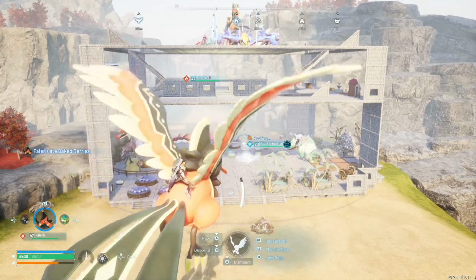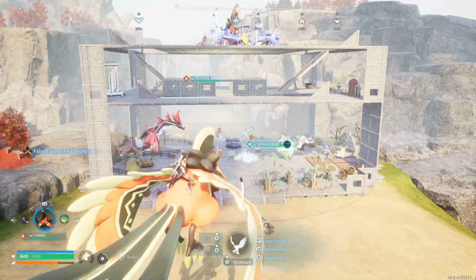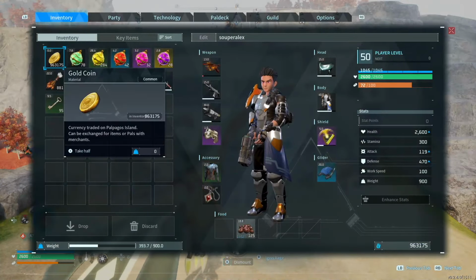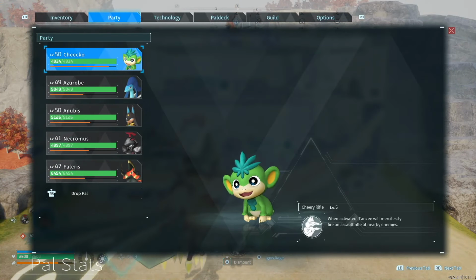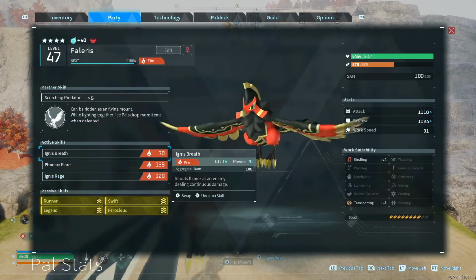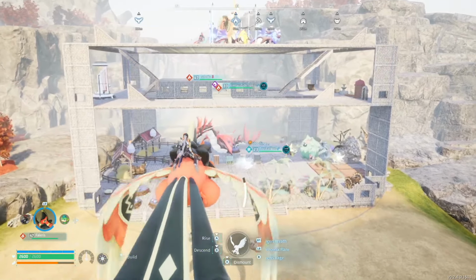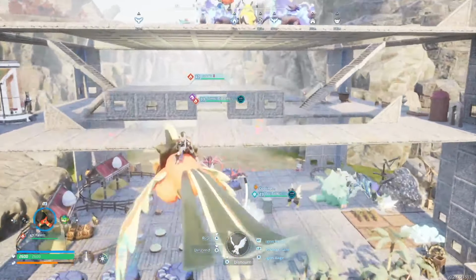So I'm sharing my optimized breeding base because I'm working on trying to fully alpha my entire team of pals. So obviously I only have one right now because these are not really easy to hatch. So I just wanted to kind of share the base that I'm using to make this all come